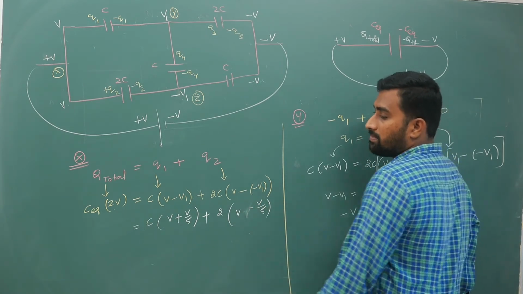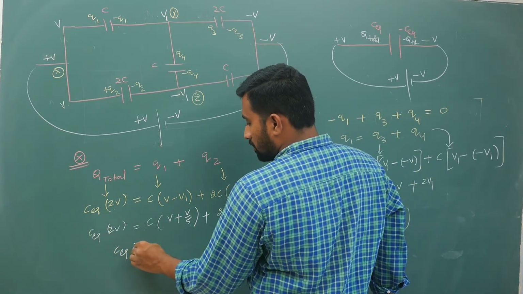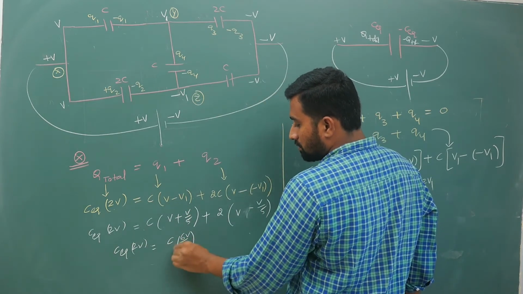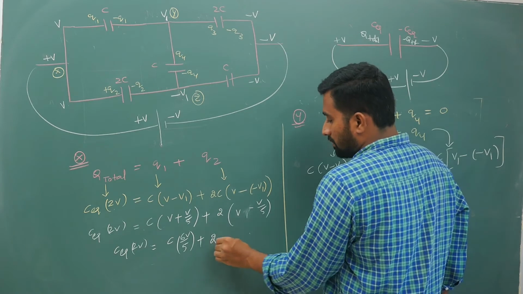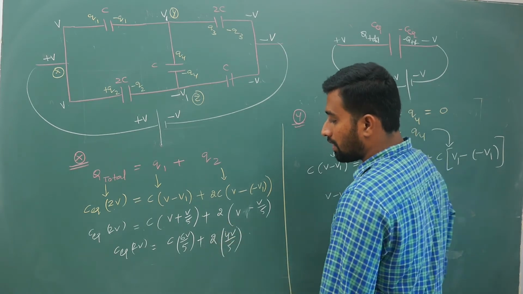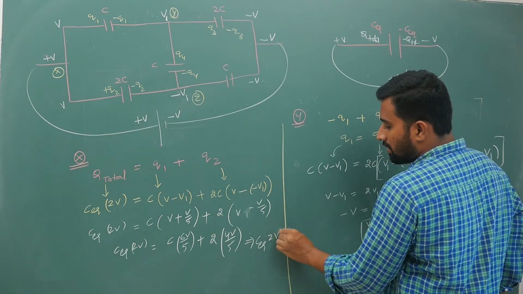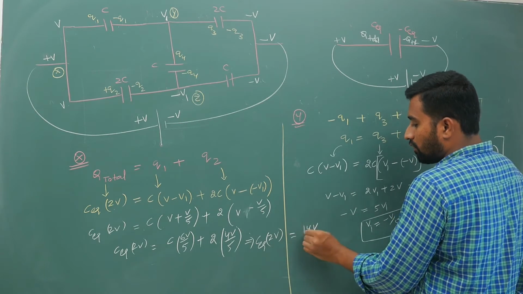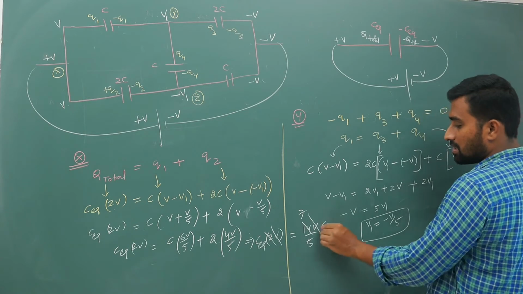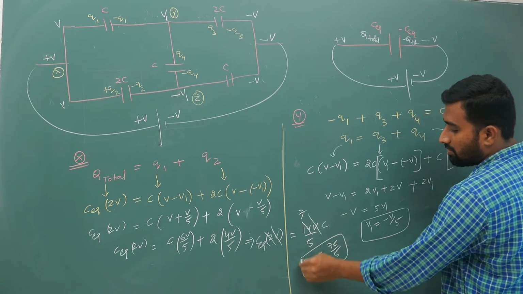So simplify this and you are going to get C equivalent into 2V is equal to 5 plus 1, 6V by 5, plus 2 times 5 minus 1, it is 4V by 5. So 8 plus 6 is 14. If you simplify it, C equivalent into 2V is equal to 14V by 5. V will cancel off, 2 ones are 2, 7 twos are 14, C is there anyhow, so you are going to get C equivalent is 7C by 5.